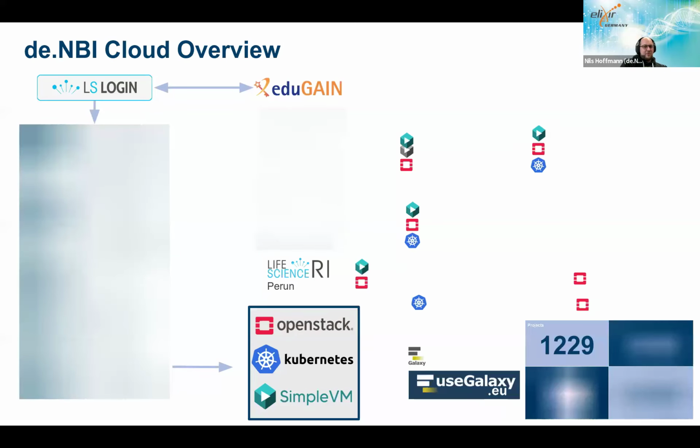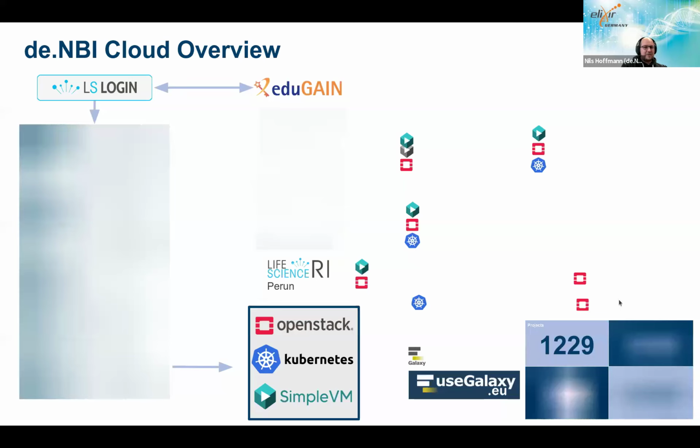To give you more overview about the de.NBI Cloud, it was founded quite some time ago. Now we have 2024, and I think we are in our 8th year now. It was recognized early on in the network that having access to compute infrastructure that is not HPC based in Germany was definitely a gap in the portfolio. So the BMBF decided to fund the establishment of this distributed and federated cloud infrastructure within Germany as part of the German Network for Bioinformatics Infrastructure.